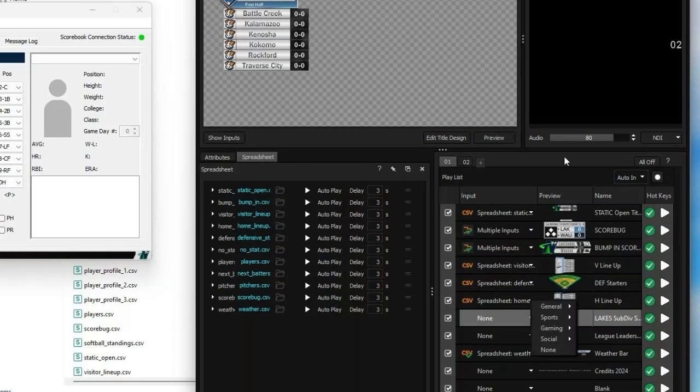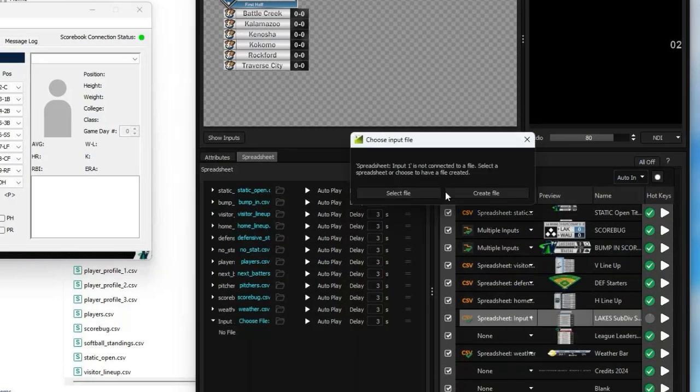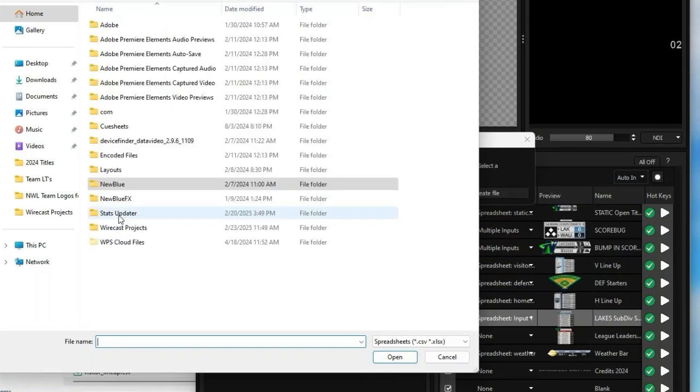Anything like the standings or leaders graphics, even the weather. The weather is a good one to hook up, because it goes and grabs the weather information from your home field. So let's go ahead and get this just to show you the Lake Subdivision standings. I'm going to click on that, General, Spreadsheet. I don't see it in the list here, so I'm going to go to New Input, select File, and we're going to go to the Document, Stats Updater,